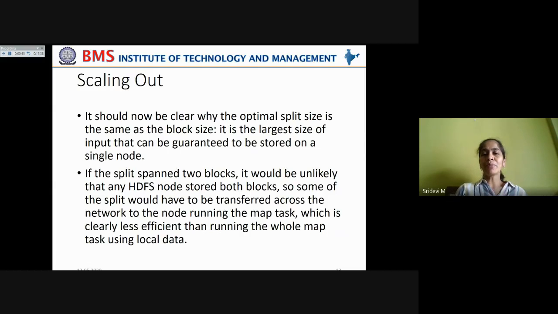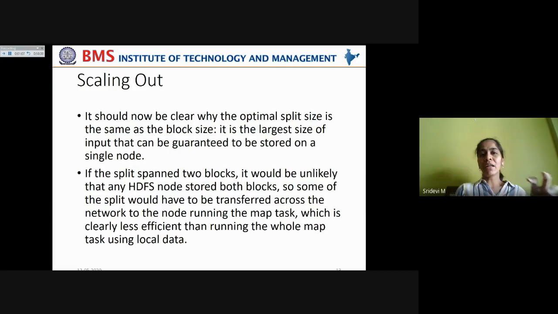Now, if the split spanned two blocks, what will happen? It would be unlikely that any HDFS node stored both blocks. So some of the split would have to be transferred across the network to the node running the map task, which is clearly less efficient than running the whole map task using local data, right?